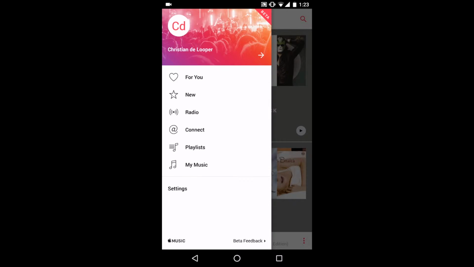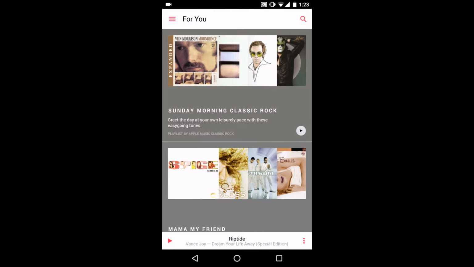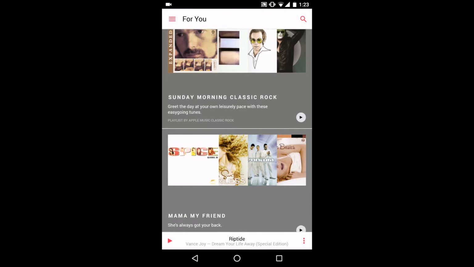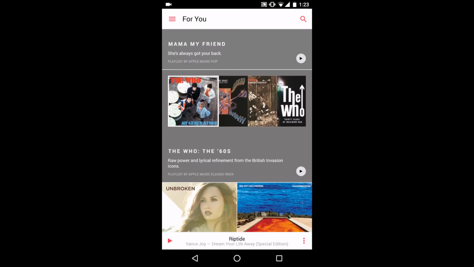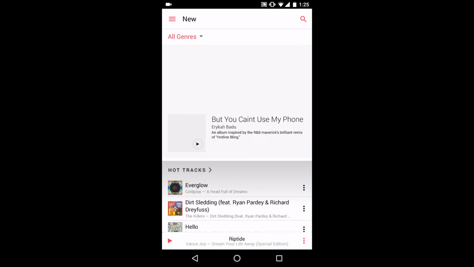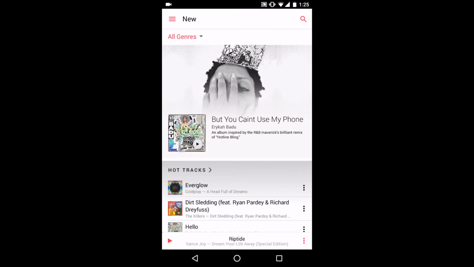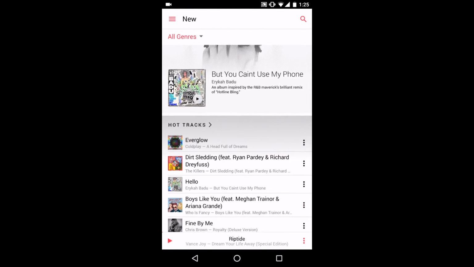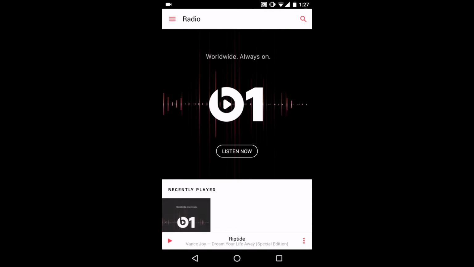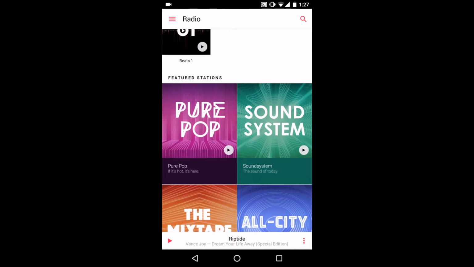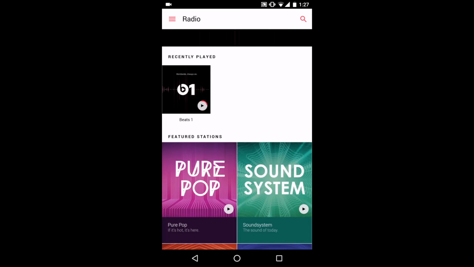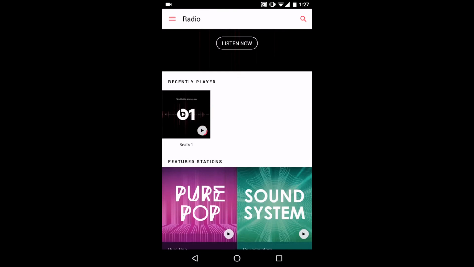First up is For You, which essentially offers users a selection of music that Apple thinks will be good for them. The second menu item is New, which, as the name suggests, will offer newly released music. Third up is Radio. While there are plenty of radio stations to choose from, the main station is Beats One, a radio station run by ex-BBC DJ Zane Lowe, which offers a range of both new music and relatively unknown